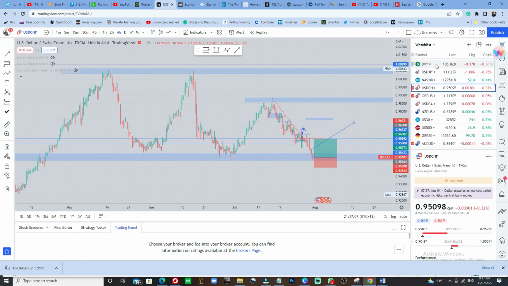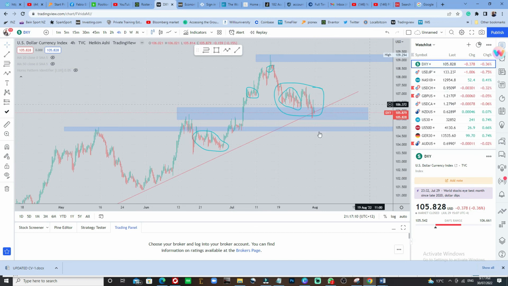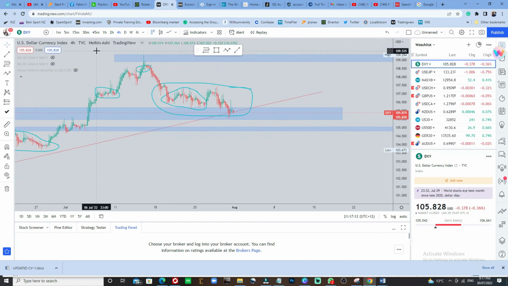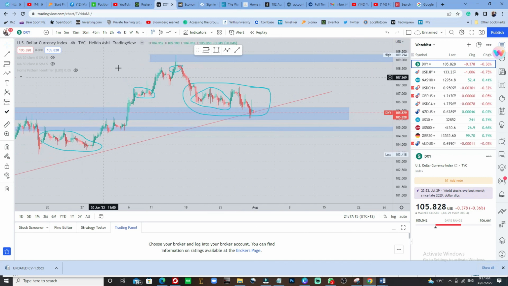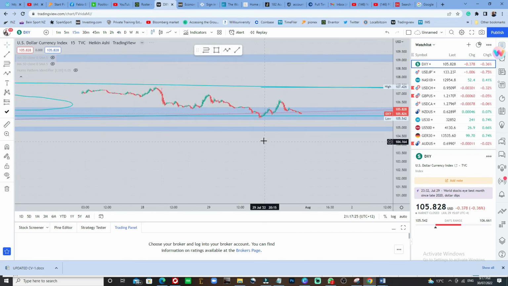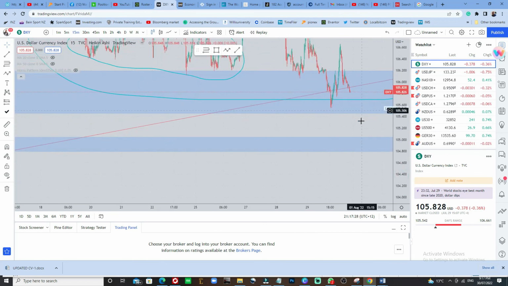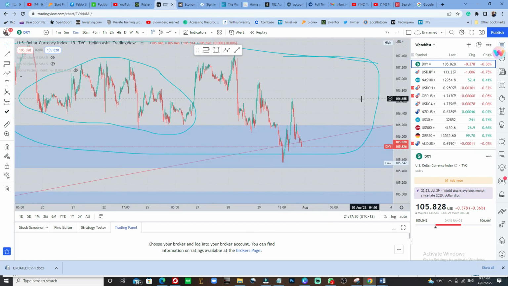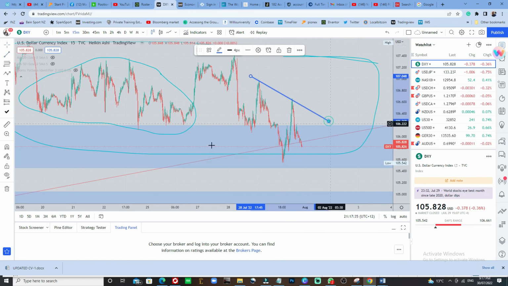So overall, we have been able to give a rundown of the following pairs: GBP USD, GBP AUD, NAS 100, DXY, and I go on the 15 minutes time frame. Let's see what's going to happen. We see, yes, pretty much the US dollar is still losing strength. It's not moving upward. See, it's still getting weak. That might have a significant impact on the market next week.